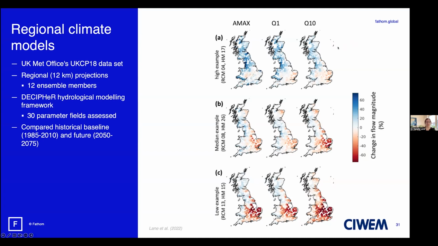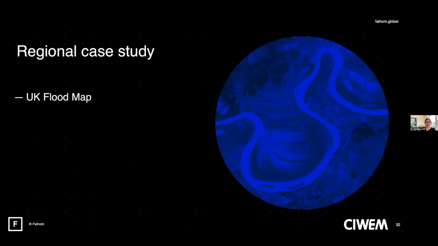And yet we can see that there are some quite significant differences spatially and also in the magnitude of projected change. Another example of climate-adjusted flood modelling on a regional scale is Fathom's UK flood map. So for this,